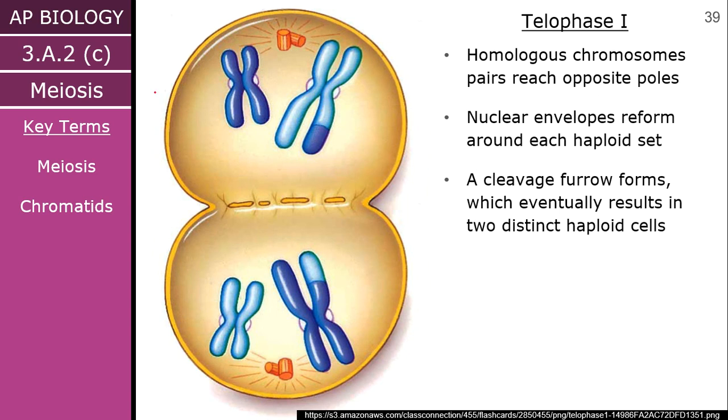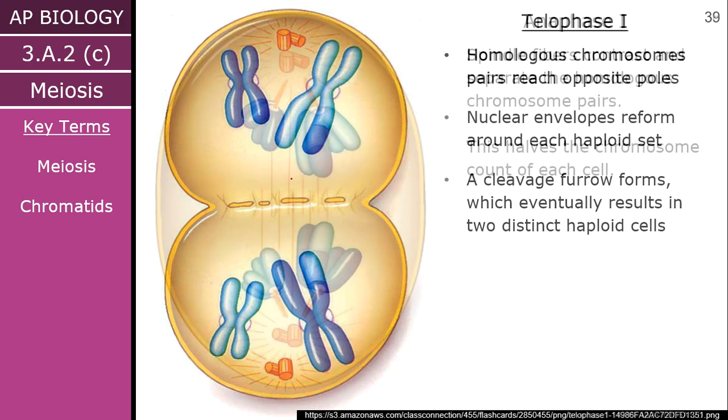Then we have telophase, so that's where they start to move to either side of the cell. Telo means far, so they're moving far away. Okay, and then we start to see the nuclear envelopes reforming on each of the what will become a cell. Okay? And there's a cleavage furrow. Remember, that's just basically like you're twisting the cell right here. You're like cinching it, and eventually you'll separate it into two cells. Okay? Now, these cells are haploid because here,